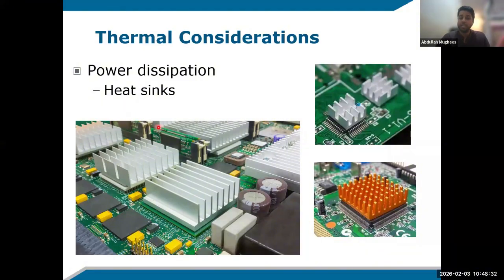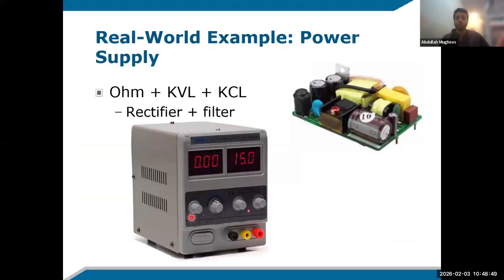Then we attach heat sinks, the power dissipation entities. These are the heat sinks. So these are just metal pieces. If something gets heated up, we want it to cool down. So we attach this metal, and it absorbs the extra heat. So once all of this is done, the circuit looks like this, and then we put a fancy case over